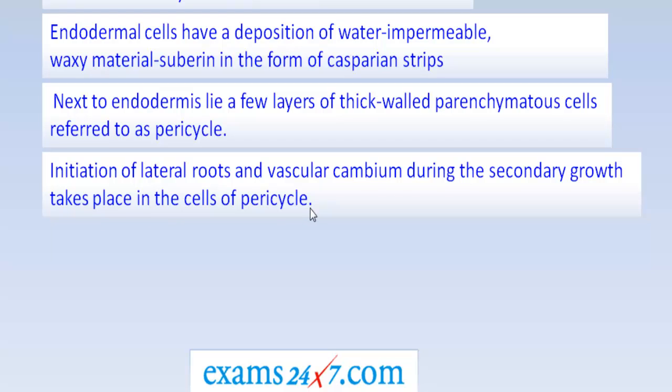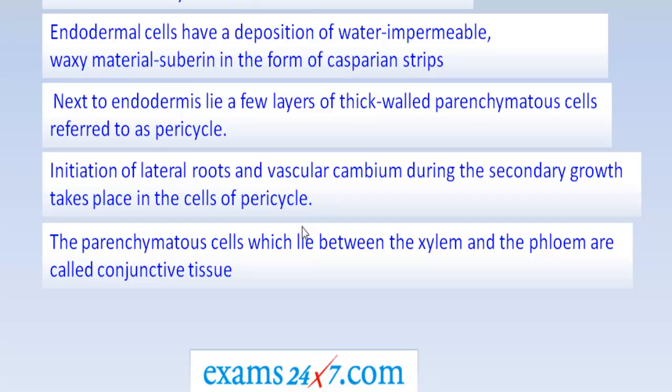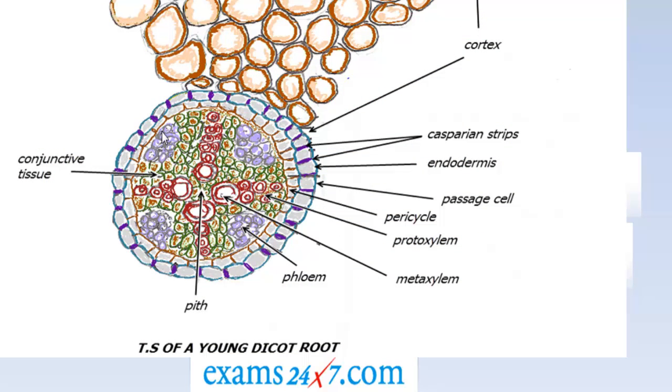The parenchymatous cells that lie between the xylem and phloem constitute the conjunctive tissue. All the tissues that are present within the endodermis, such as pericycle, vascular bundles, and the central pith, constitute the